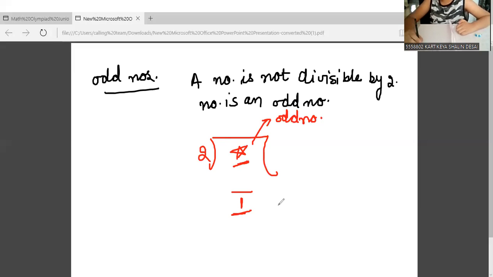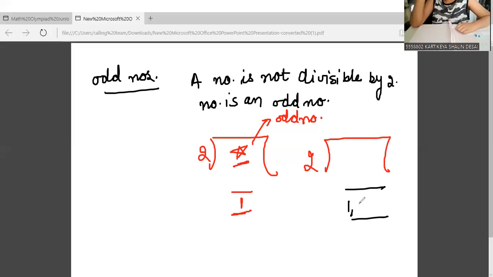Amika, Kartike, can you please tell me, Amika is saying that the remainder can be 1, 3, 5, 9, and she has skipped 7. Is she correct? No, why so? Because if the remainder is 3, it's not an odd number, because you can still come up to a less remainder. Exactly, very good.